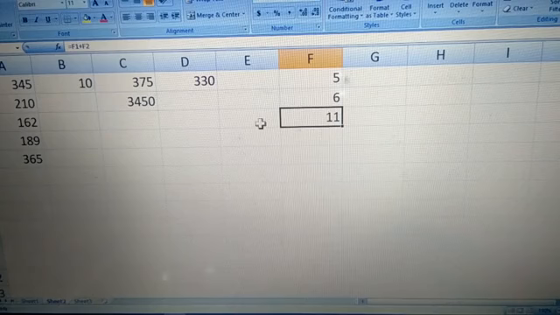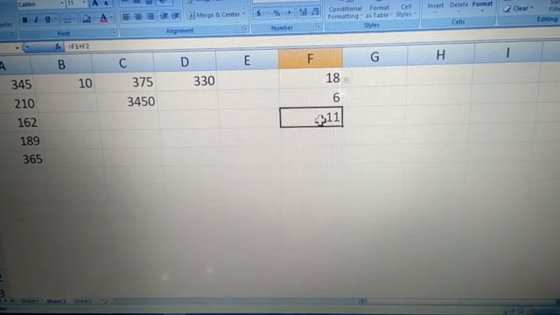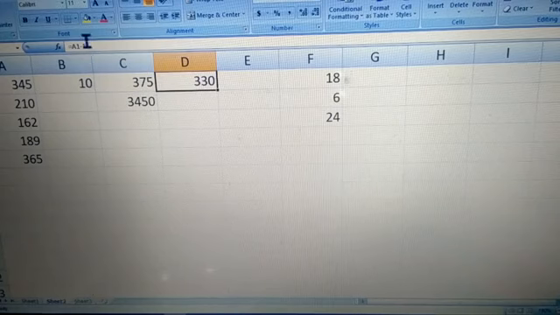As I enter it, see, it automatically changes. Why? Because in F3 the formula is F1 plus F2. Whichever number you change, the formula stays the same, but the answer changes according to the value. If I change it and type 18, then 18 plus 6 is 24, like this. Even here you can see which formulas we applied: equal to A1 into units, here we applied A1 plus 30, here A1 minus 50, right? You can see all these formulas in the formula bar.